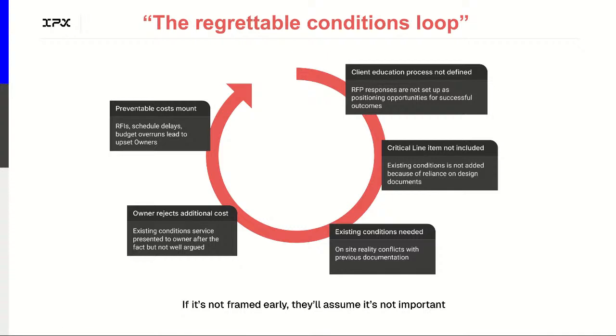One of the things that Tyler, you talked about, which I think is very interesting too, and we struggle with in some sense, is that from the ROI side, so much of it is after the fact, right? We can look at things after the fact and say, oh, if we had done things right, that would have been really effective. And this ties into what you're seeing now here, which is what we call the regrettable conditions loop. Ideally, you avoid this with verified conditions. But when you don't have verified conditions, it's likely that your project team will enter this regrettable conditions loop. And we've seen it time and time again. Basically, what happens is that